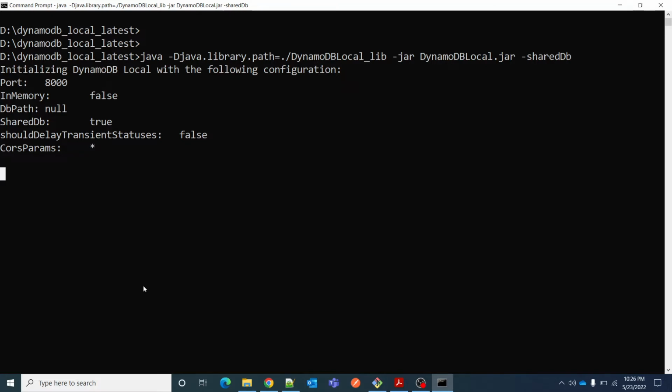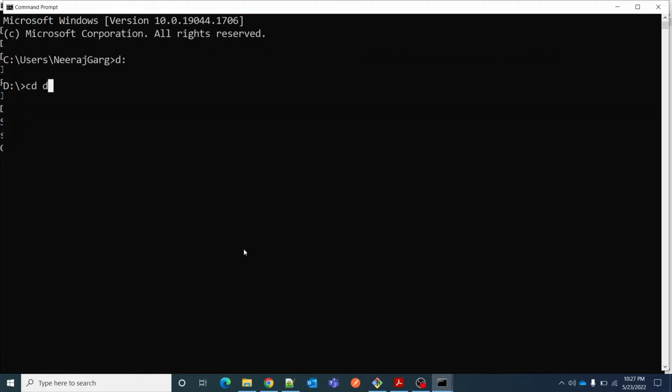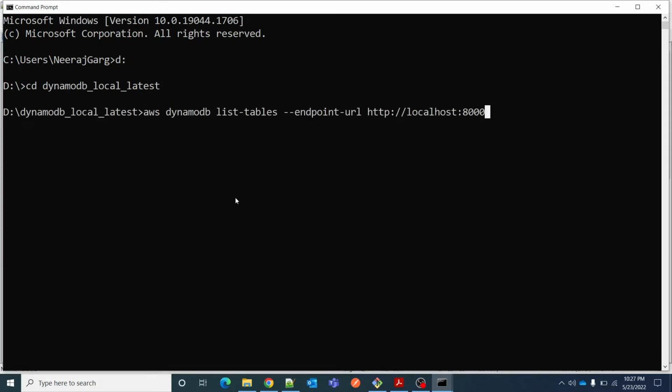Okay, now I can open another terminal from where we will be firing some commands to create a new table, as well as to see the description of that table also. We will try to run some DynamoDB specific commands here. This is the list tables command. Please make sure that this endpoint URL http://localhost:8000 is appended while running any commands on your local system. This is the localhost and this is the port number. Okay, so let us press enter here